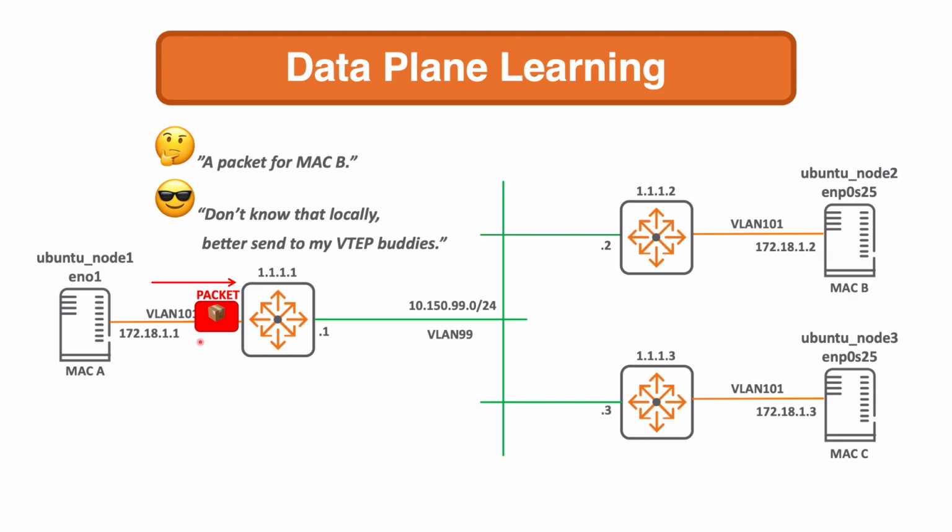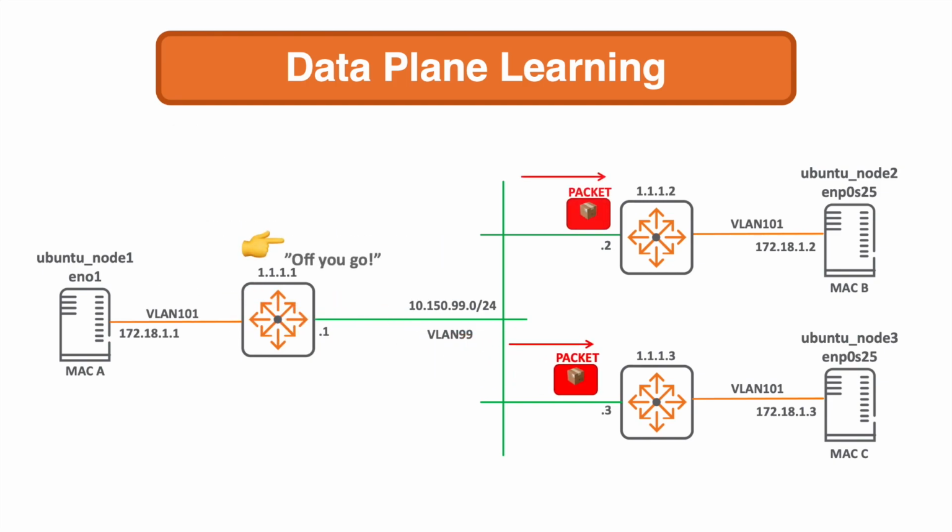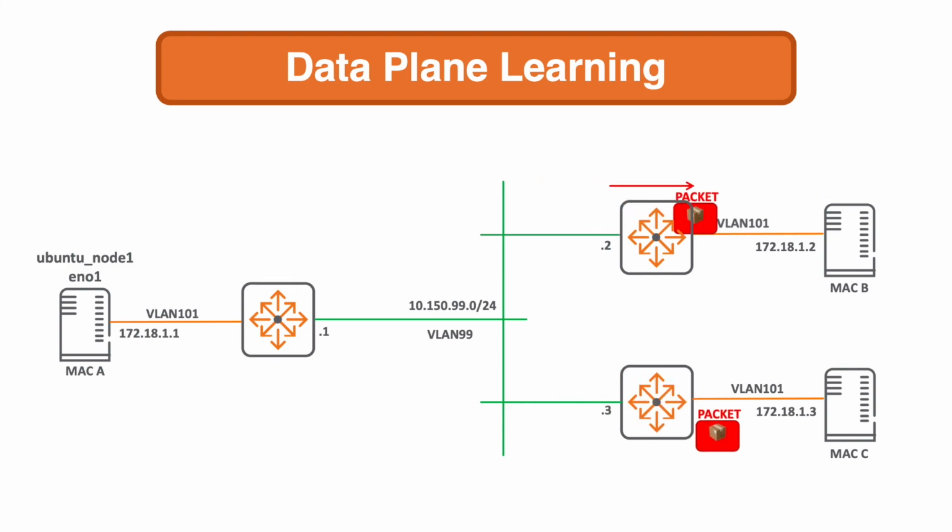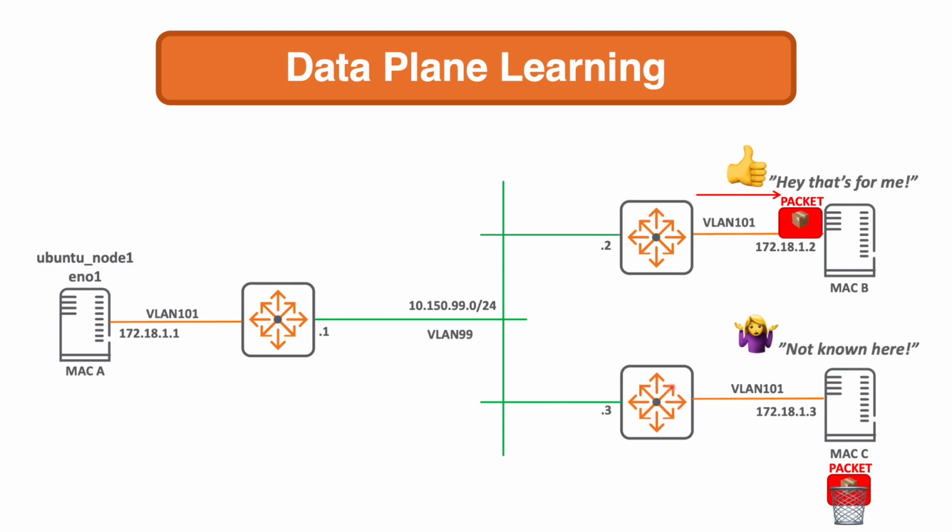Now, what we have here is a packet from MAC A that needs to go to MAC B. This first VTEP doesn't know about MAC B on the local LAN, so he thinks, I better send it to my VTEP peers, send it off to my VTEP buddies. So using head-end replication, we now have these two copies which are sent to VTEP 2 and 3. Those packets are forwarded on. MAC C will discard that because it is addressed to MAC B. MAC B recognizes that it's for itself,